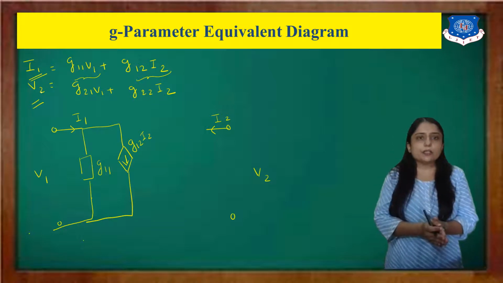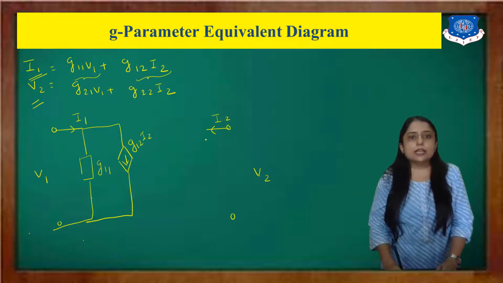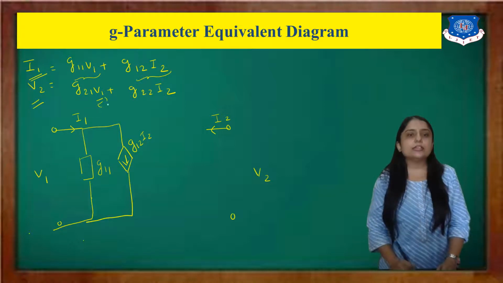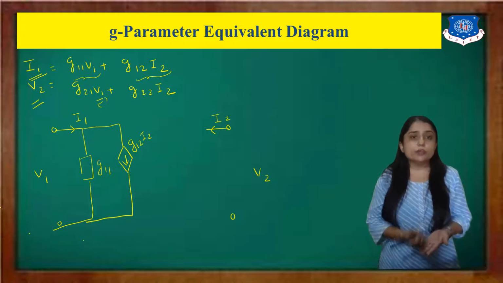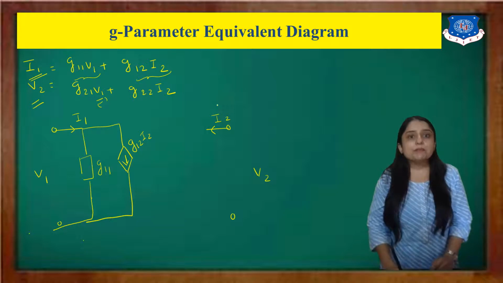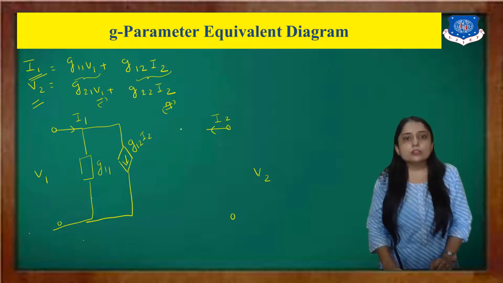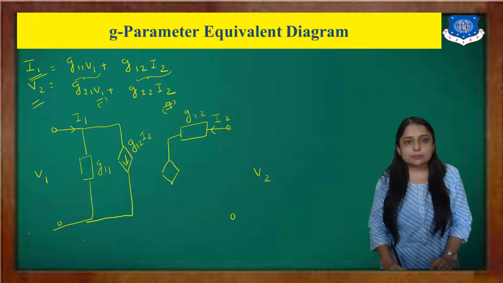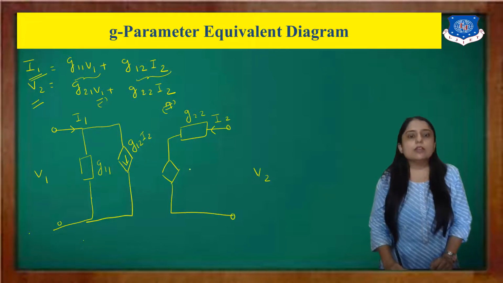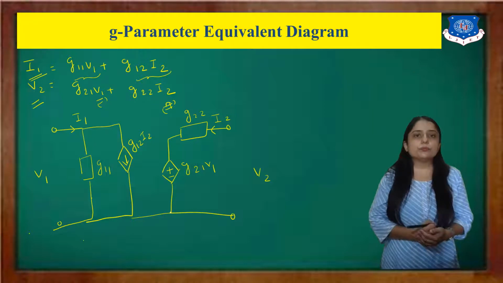a series. So here, this is a term that is related to the input side, so we have to make that a dependent source. But here we have one output current. So here I will draw this as G22 and here I will make this a dependent source. The value is plus minus, and this is G21 into V1. And you just connect these two.